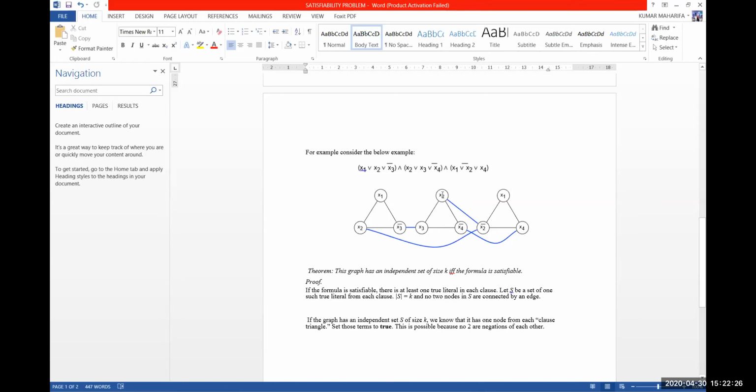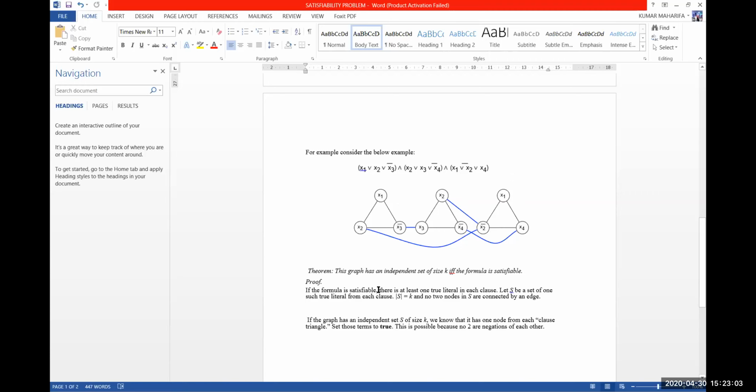If you take x2 or x3 or x4 bar, you can take any of these and assign true so that it will become automatically true. For this example, let me take x2 as true. So this will become true, this clause will also become true, and this clause will also become true. So your given conjunctive normal form will become satisfiable with the length only k. So k is only 2. That is, keeping x1 and x2 as true, the entire formula will become true. So we have now solved the problem.